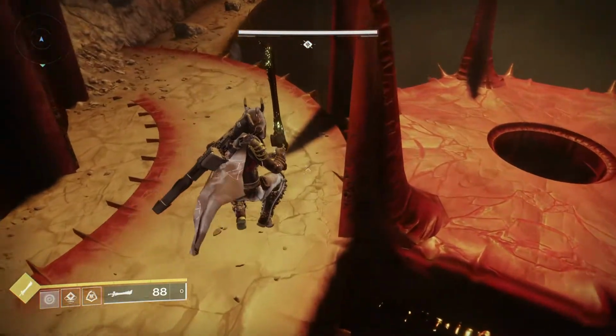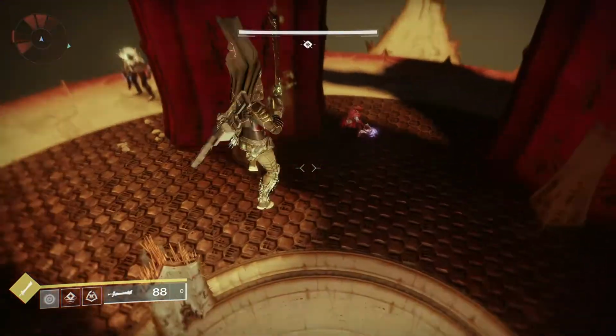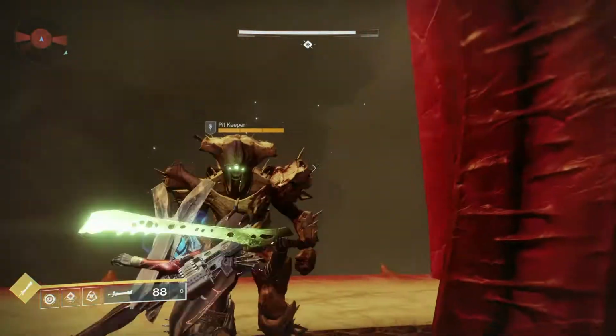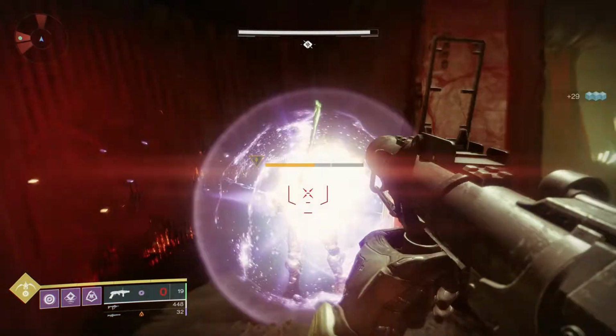In each tower there is a tough enemy that you have to kill. One is a knight, one is a witch, and one is a shrieker. These enemies will be immune to all damage except for damage from Hive Knight swords. So you have to find a Hive Knight and kill it to get its sword before going into any of